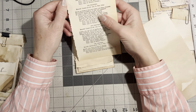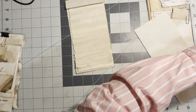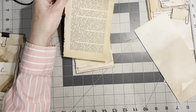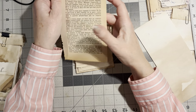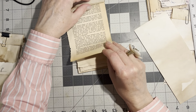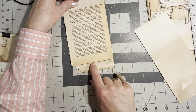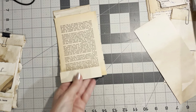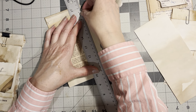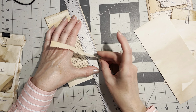Oh, that's funny. Okay, so I don't think I actually want that one. I didn't know it had a design on the back. Here's one. That's just plain words on both sides, and I'm just going to pop this in here and see how we're looking. So that's actually a great length for this. And then I'm just going to tear off the side. And I love the patina on these